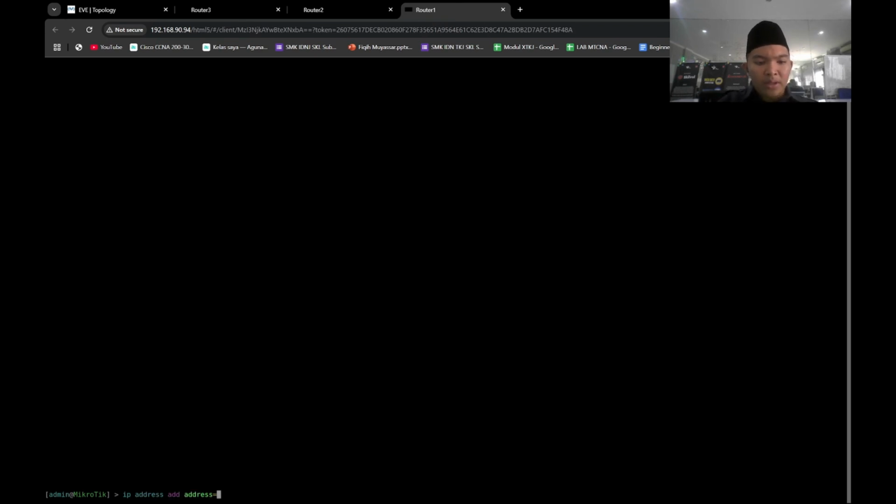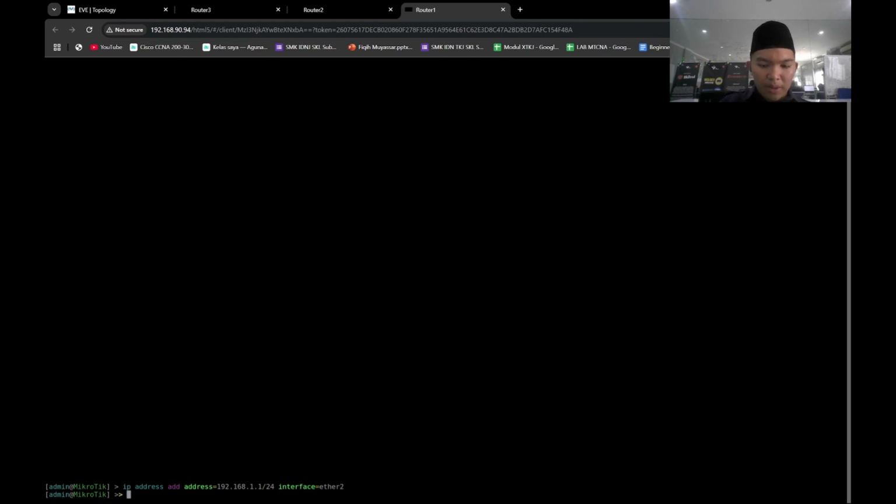First is ip address add address. I'm going to use 192.168.1.1 and the prefix is 24 and the interface is ether 2, and next we're going to make the IP address for ether 1 to router 2.